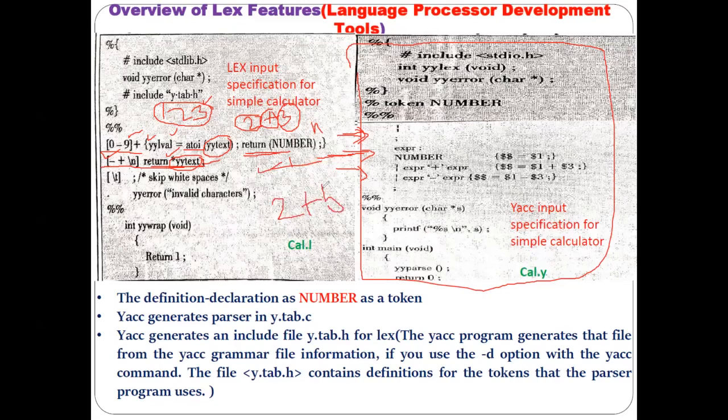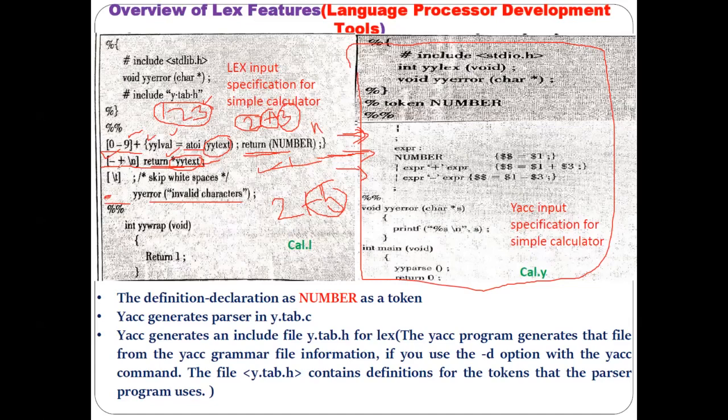So accordingly, now if you write the expression like this, 2 plus b, is there any rule written to identify this b as a token? No. Then where will it get matched? Here it will get matched with the dot, and it will be declared as an invalid character, and then you get the lexical errors because you have not written the rule for the b here. If you want to recognize the b, you need to write the rule here. Understood? But you have written the rule here only for the numbers, because you want to do only the calculation operation.